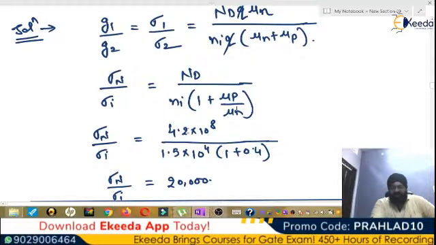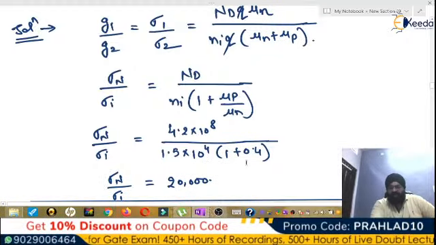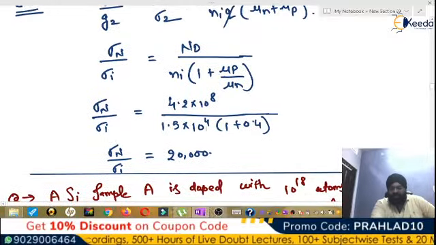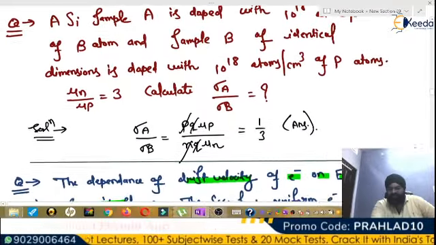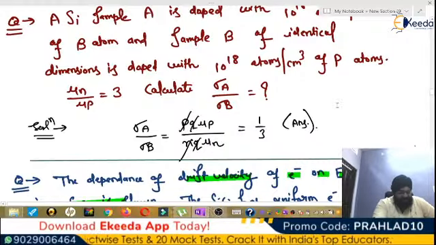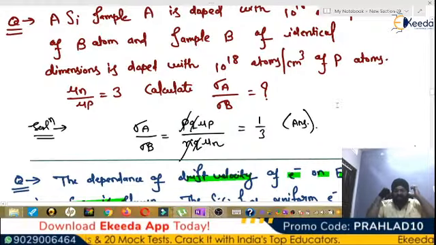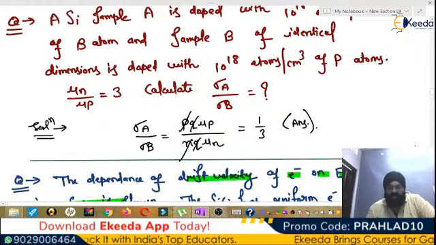So N_d is given, 4.2 × 10^8, divided by N_i, 1.5 × 10^4, times (1 + μp/μn), and μp/μn is given as 0.4. So σn over σi is 20,000. Okay, is it clear? So next question is, a silicon sample A